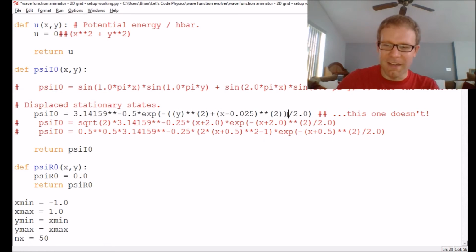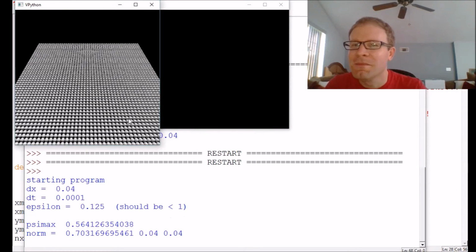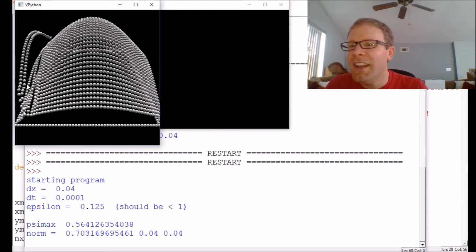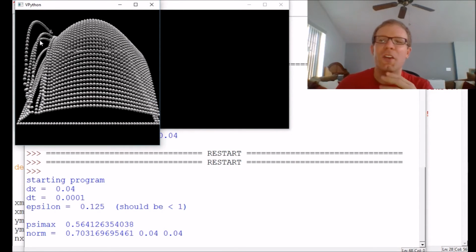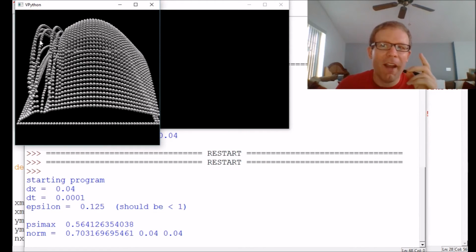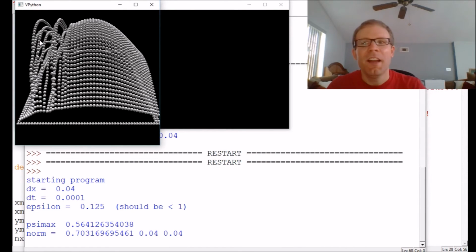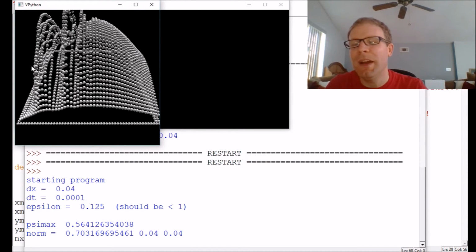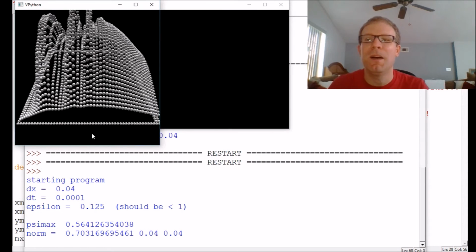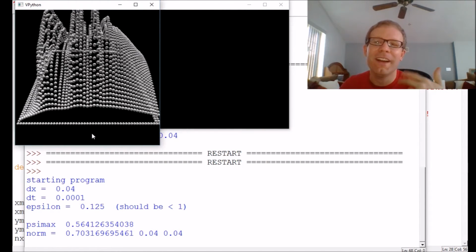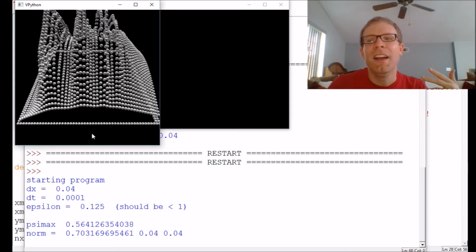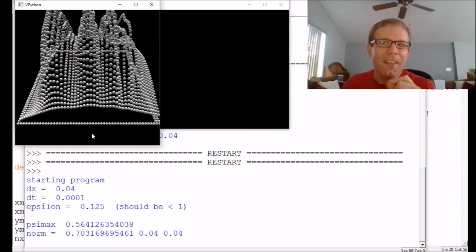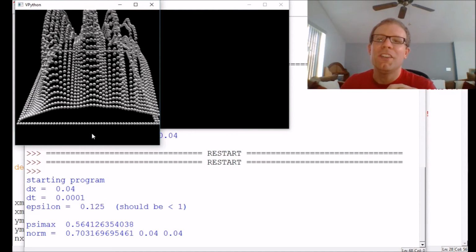Let me show you what I mean by it not working on the animation here. Okay, so I get the Gaussian. There's a lovely two-dimensional Gaussian. And then I get this little ripple happening over on the left-hand side. Physics-wise, I know that shouldn't be happening, because this thing is symmetric across the x and symmetric across the y. So if that's happening at the left boundary, it should be happening at the right boundary and at the top and bottom boundaries. That's telling me that I've got some issue in my code, maybe in my finite element approximation. I'm not sure what. And what's really bugging me is why this is happening to my Gaussian, but not to my